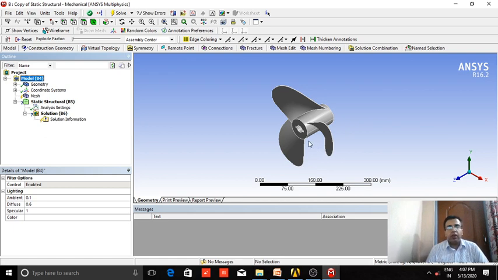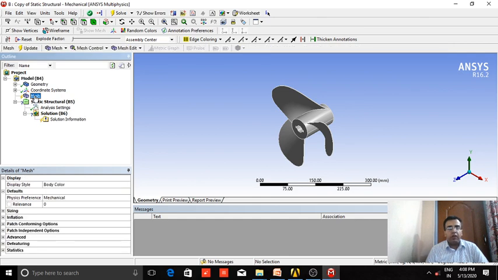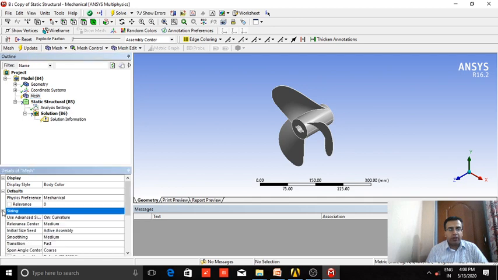But to run an analysis, we have to perform the analysis on a meshed model. So for that, I have to go to mesh. In order that this mesh is generated in a proper manner, we have different kinds of parameters. You have to keep in mind that how fine or how good the quality of your mesh is ultimately decides the accuracy of the answers produced by the software.